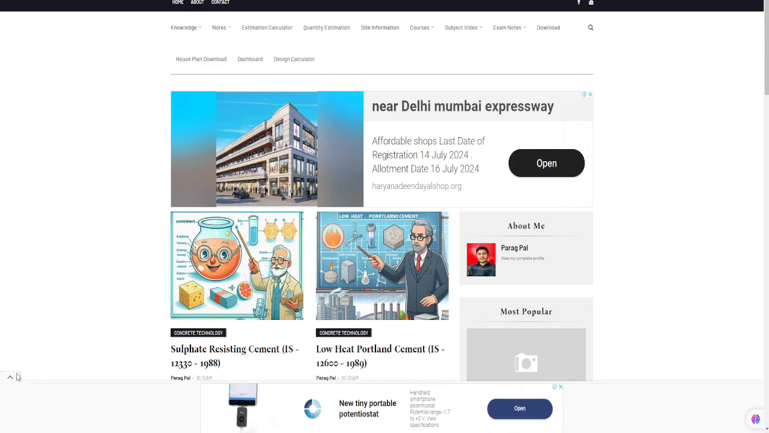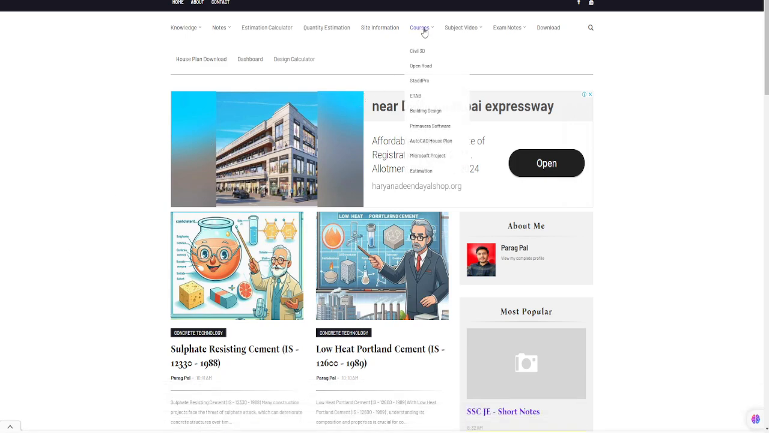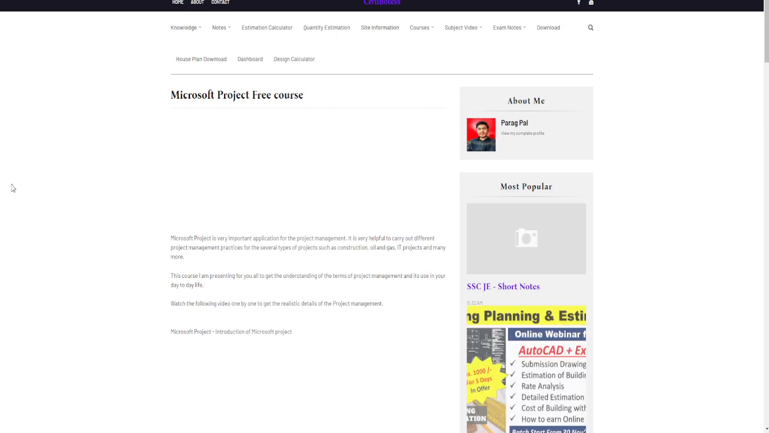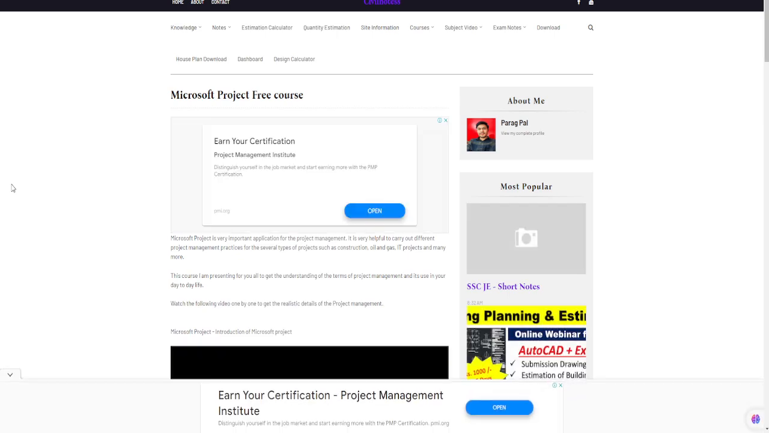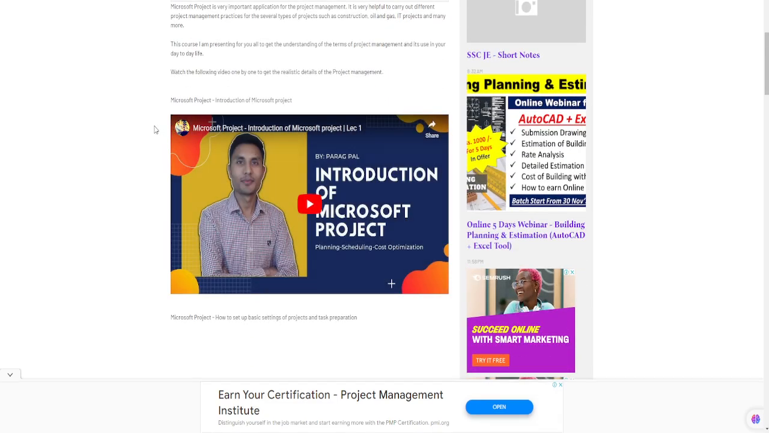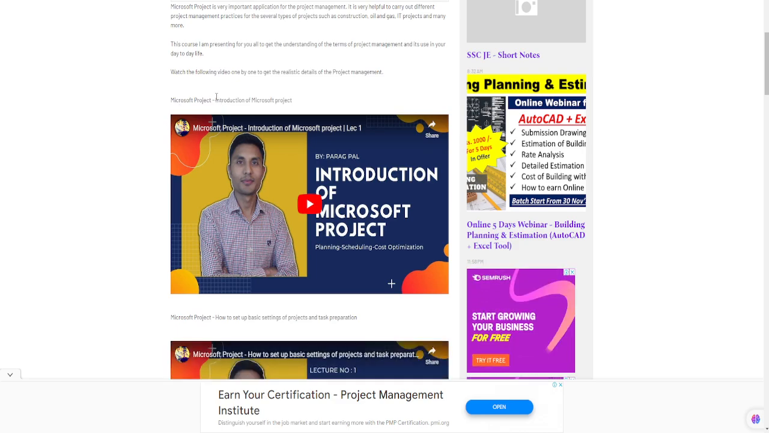Once you come here, you need to go to the courses section. If you're using a mobile phone, you can see the three-line menu over there, and you just need to click on Courses and then click on Microsoft Project. If you click on Microsoft Project, wait a minute, you will get this page, correct? And once you open this page, you can see that there are step-by-step videos assigned, such as introduction to the